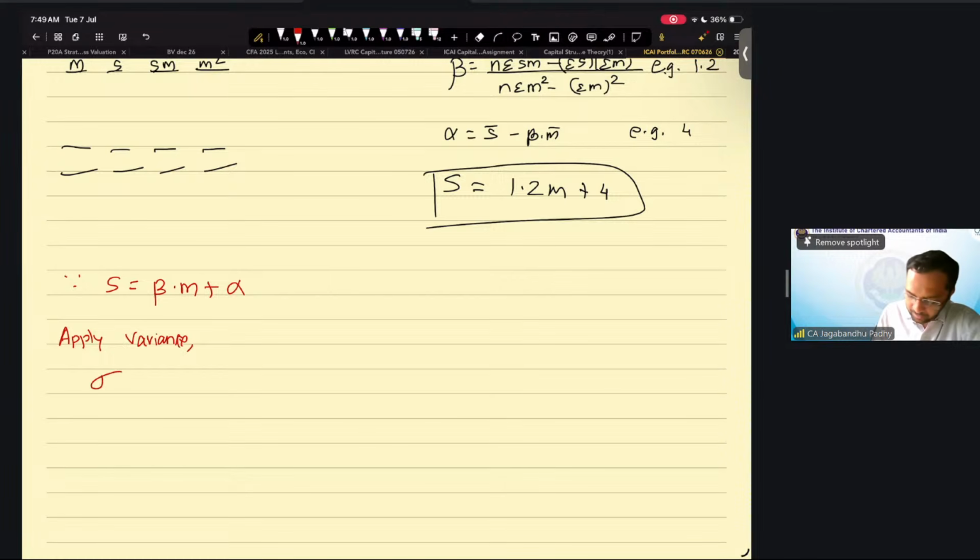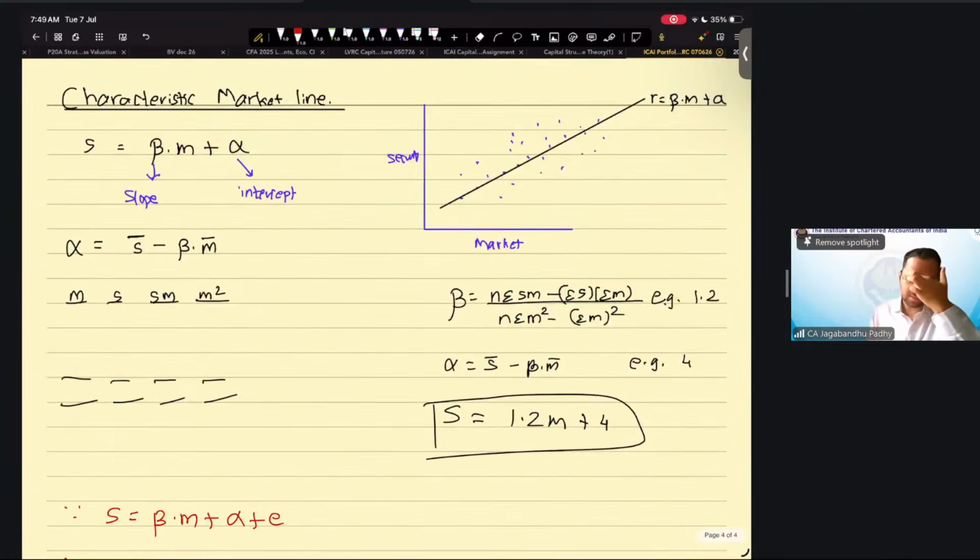When we apply variance, the variance of security will be beta square into variance of market plus variance of alpha. Plus, there's going to be some error term also